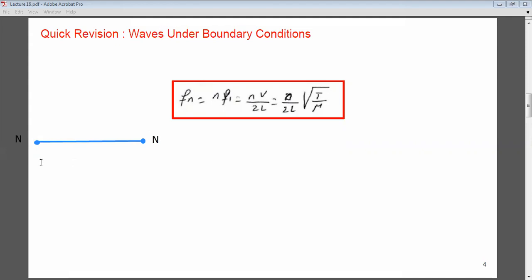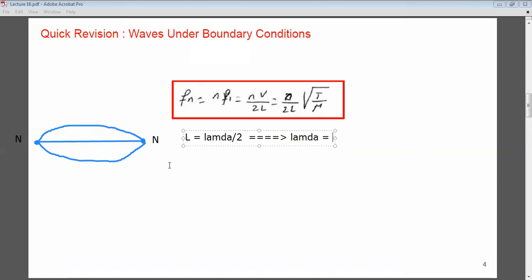One of them is this, to have only one standing wave. In this case, L, which is the length, is the distance between the two nodes, which is lambda over 2, right? This implies lambda is equal to L. The other option